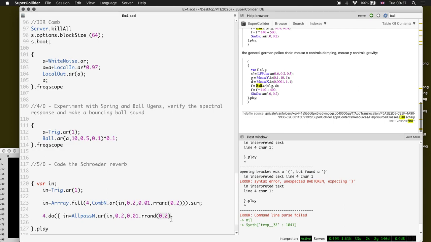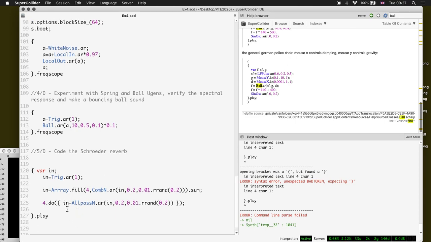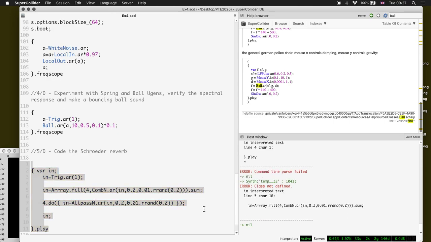So I do this, and then that's the input. So this should work to put 4 all pass filters in series, because it will run this 4 times, and each time the input signal will be called the output, which will act as the input for the next iteration. So behold, that should be some kind of filter. If I